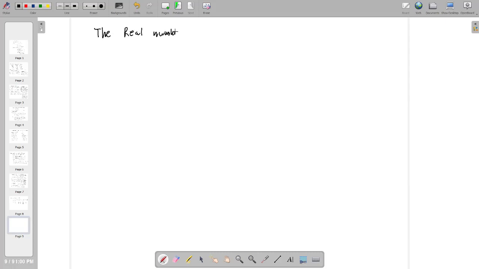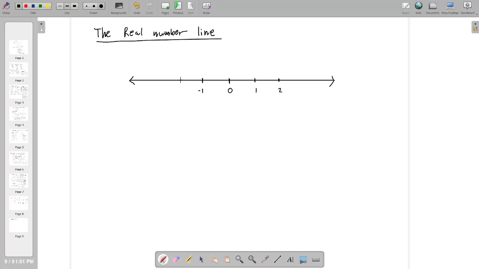Okay, the next thing that we're going to cover is the real number line. And many of you have probably seen it already. It's an infinite line in a single dimension. Generally, we write 0 in the middle. It doesn't have to be. We can draw whatever portion of the line that we need. But this line is a representation of all the real numbers in order. Now, since 0 is in the middle, that means that on the left we have negative numbers because they're less than 0, and on the right we have positive numbers since they're greater than 0. And we just go in order with equal spacing for equal measurement,